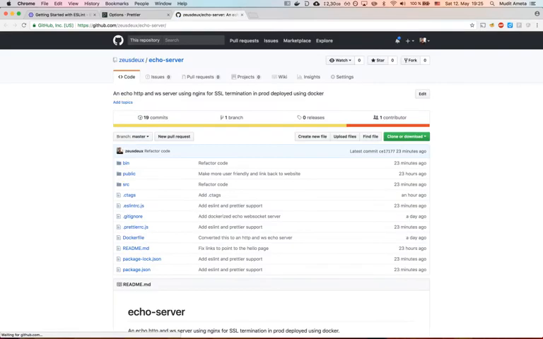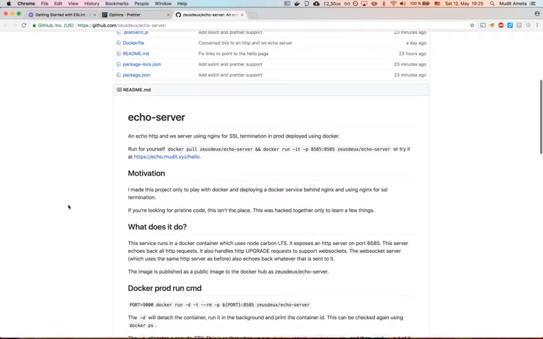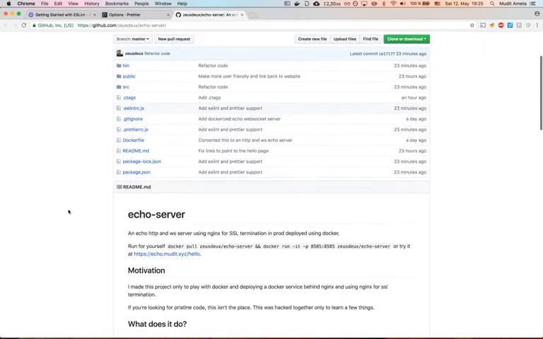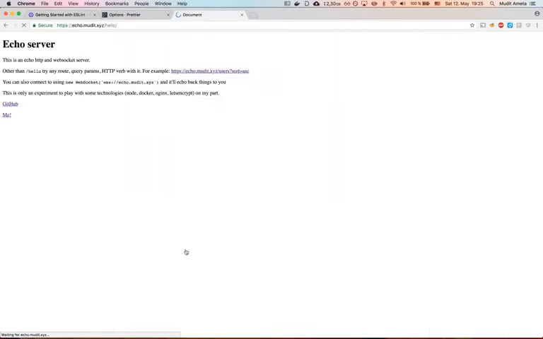And for the purposes of this stream, I'll be adding a few dependencies to a project. The project is this one. It's basically an echo server, an HTTP and WebSocket echo server. It echoes back whatever you send it, basically. And it doesn't have the most pristine code or whatever. I just built it to play around with